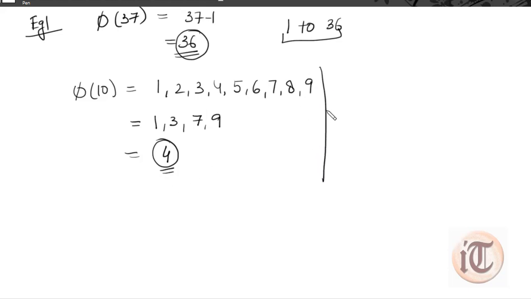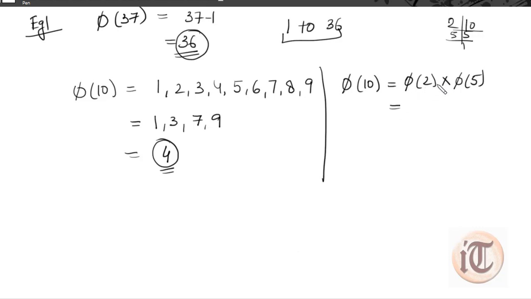But if I have to calculate according to the rule, then how do we do this? So for phi of 10, we take the factors of 10 here. So 2 into 5, which means we have two numbers, 2 and 5. So we can take it as p and q, rule 3, where we have two prime numbers p and q. So 2 is a prime number, 5 is a prime number. So we take it as phi of 2 into phi of 5, according to rule 3.